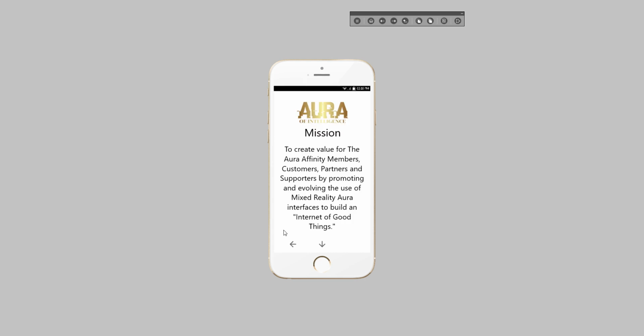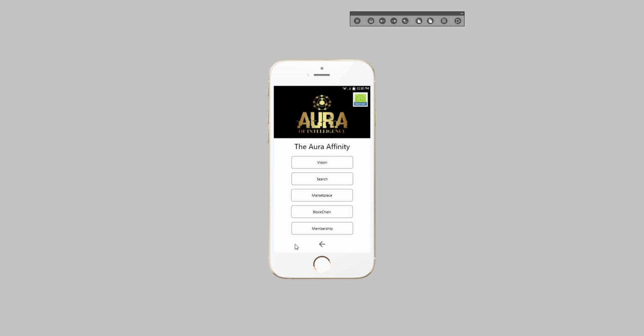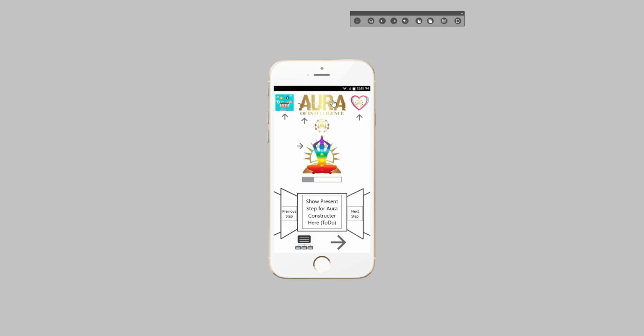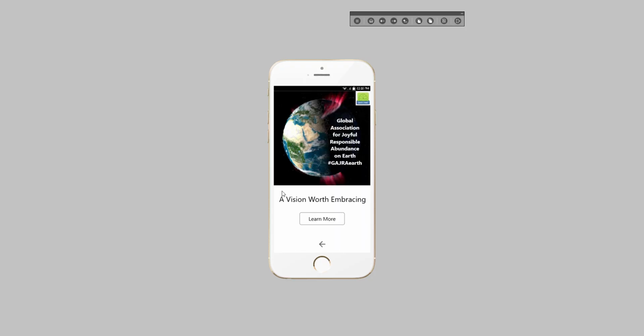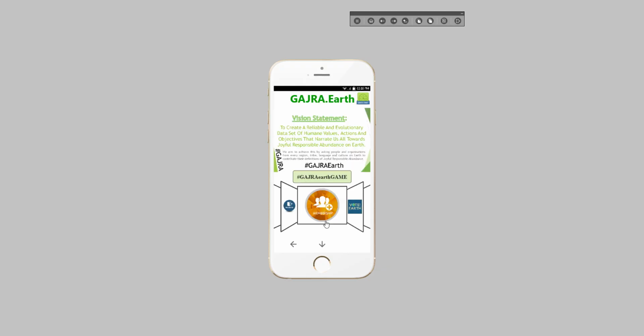The vision is just to create value for the Aura Affinity members, customers, partners and supporters by promoting and evolving the use of mixed reality Aura interfaces to build an internet of good things. And then a global association for joyful, responsible abundance on Earth that essentially will gamify creating your core values, from people all around the world.